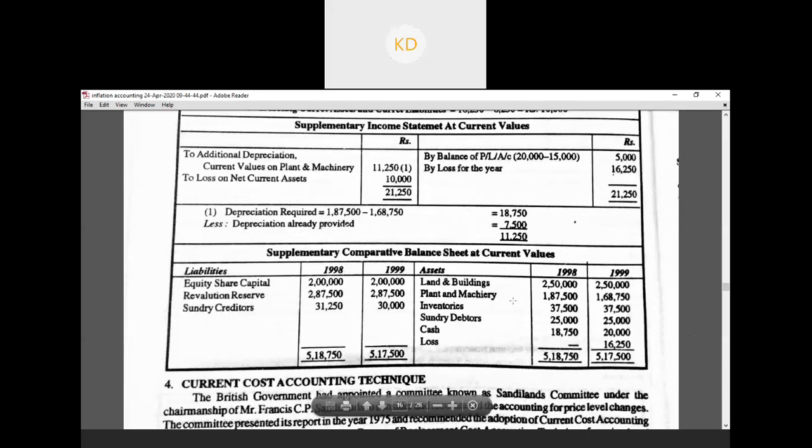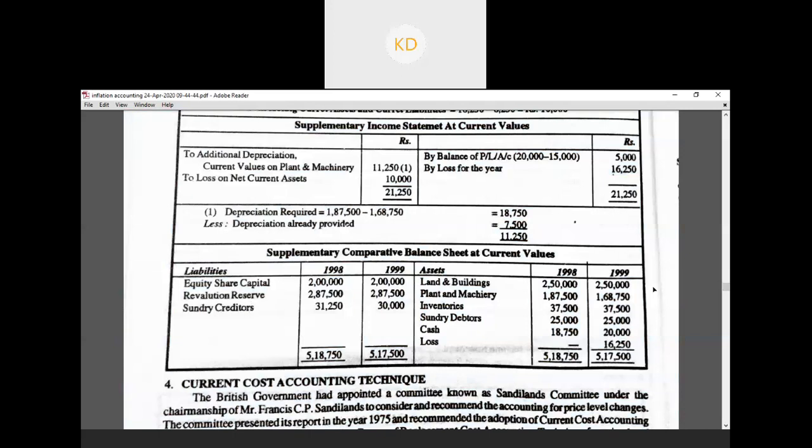Now what are you doing? You're taking the complete balance sheet, putting your liabilities, creditors at the converted value, assets at converted value. You're putting your current assets at converted value, and whatever losses are there, the net loss after all these conversions are done, you are putting the net values with the net loss in your balance sheet.